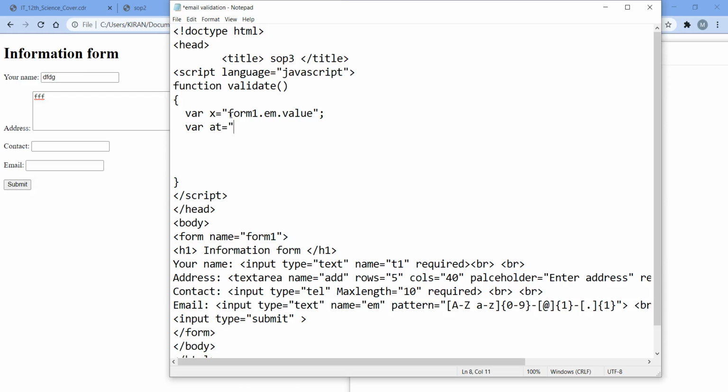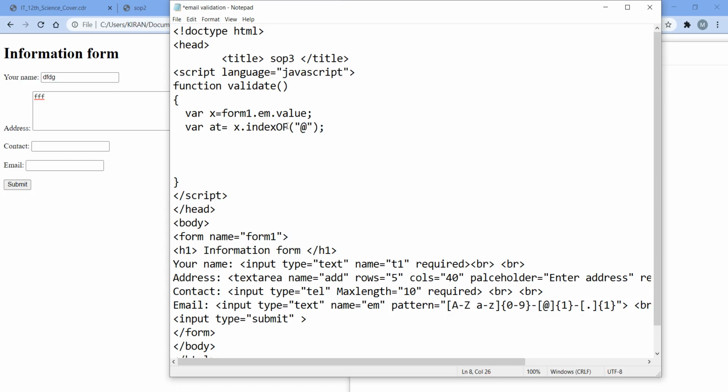Sorry, here there will be no double quote. Now how are we going to take the first position? For that I am going to take x dot indexOf, in brackets, the @ symbol, and a semicolon.